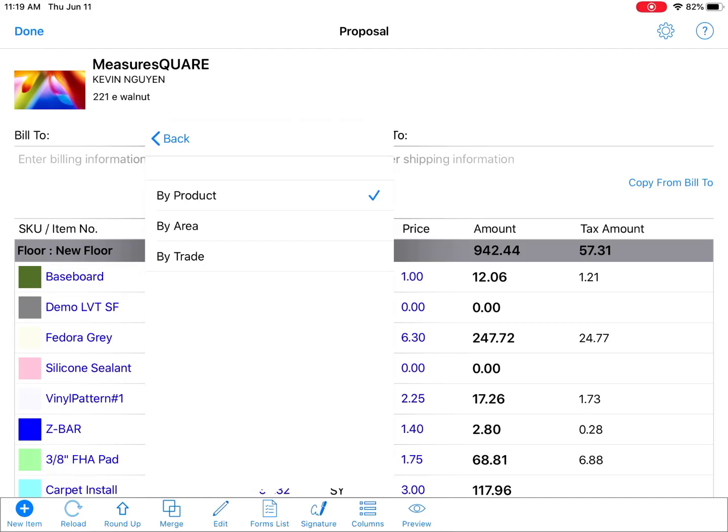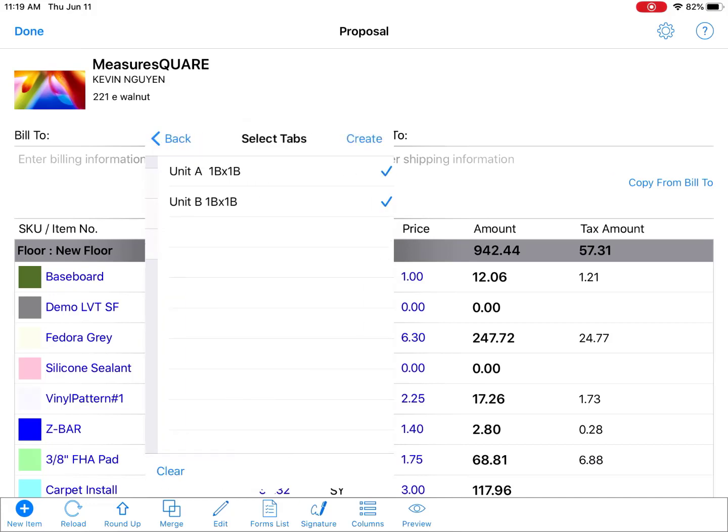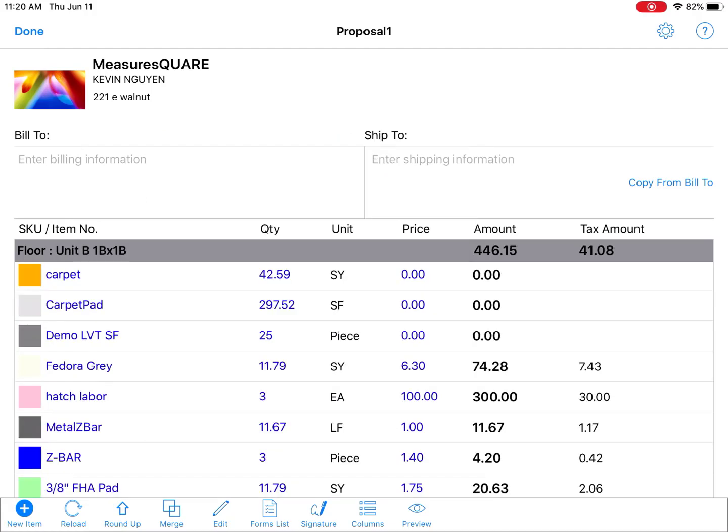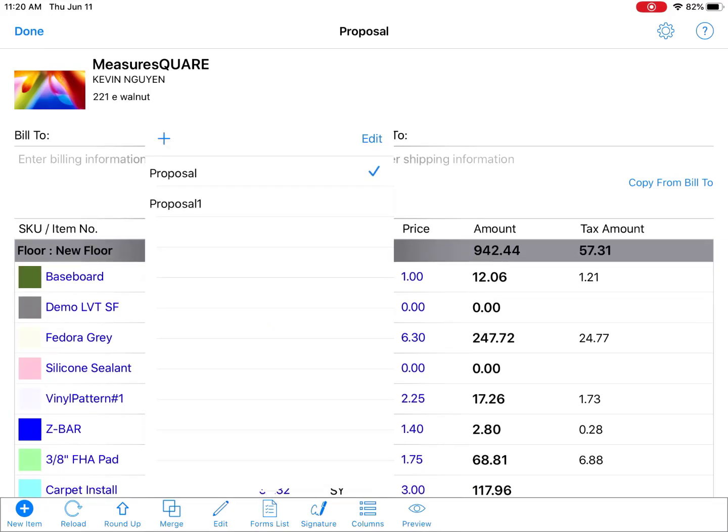After selecting the options available for your form, tap on the next icon in the top right, then select the tabs you want to carry over. Once this is done, tap on Create. Once this is created, you will then be able to scroll through the different breakdowns. You will then also be able to toggle between the different forms that have been created by tapping on the